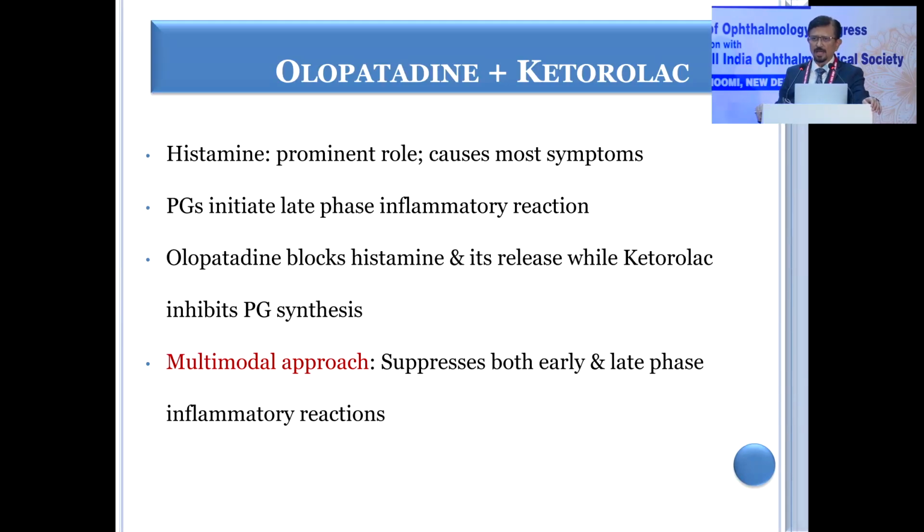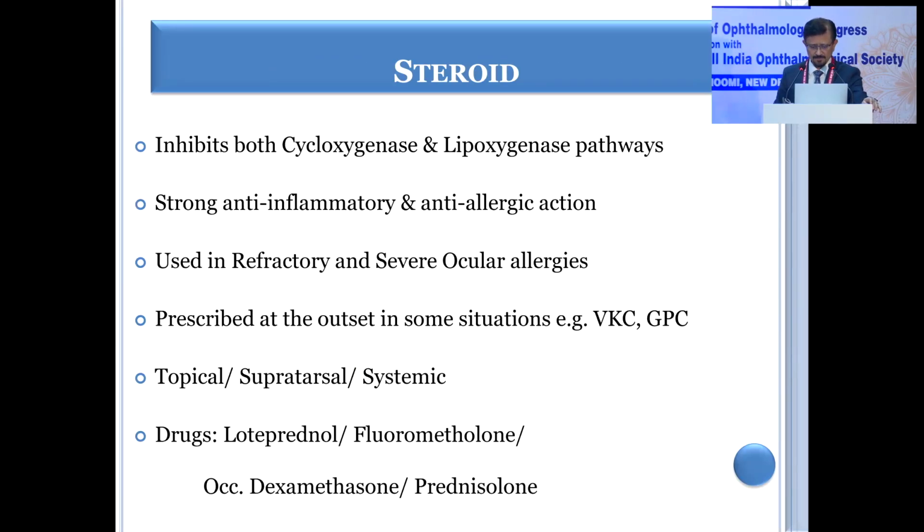It has been used along with ketorolac. Now, why ketorolac? Because ketorolac works on the prostaglandins, and olopatadine works on the histamines. So it takes care of all the inflammatory mediators. If the patient has moderate to severe allergic symptoms, you can use ketorolac or nepafenac or bromfenac. All these have been used for taking care of the allergy, because it brings about a multimodal approach, and it covers both histamine as well as prostaglandins.